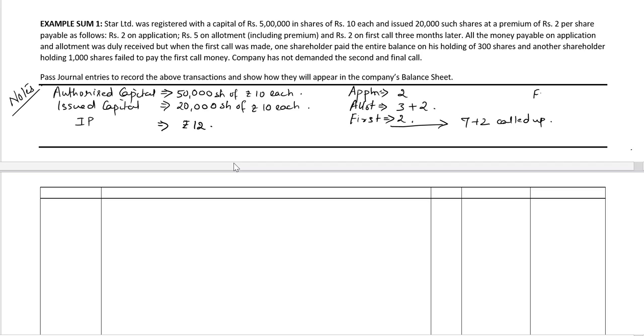So first call, the calls in arrears is equal to, it says a shareholder holding 1,000 shares failed to pay the first call money. So the amount of calls in arrears is 1,000 shares multiplied by 2 rupees per share, the first call money. So calls in arrears is rupees 2,000, and the calls in advance